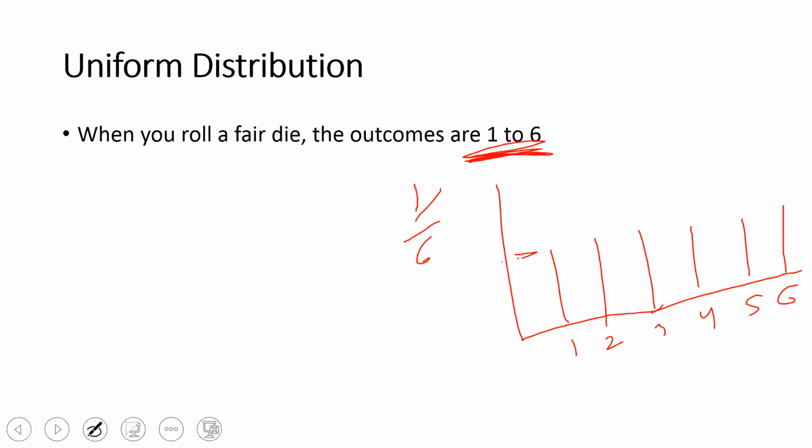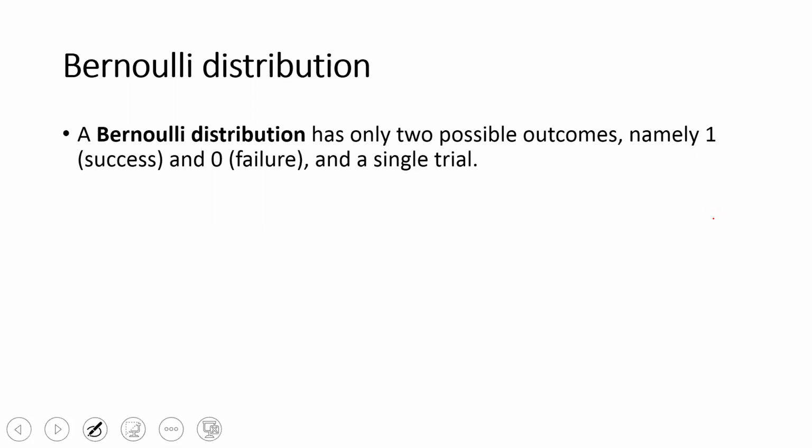Okay, and this will be 1 by 6. This is the probability mass function that I'm calling. If I join all of them, then I will call it a probability distribution function. This Bernoulli distribution is also one of the kinds of distribution that we